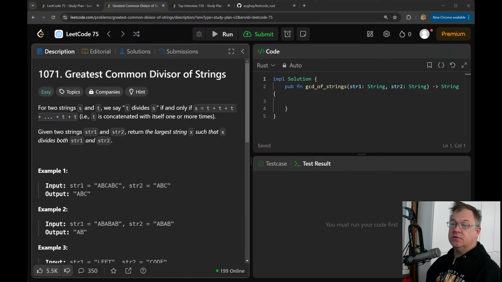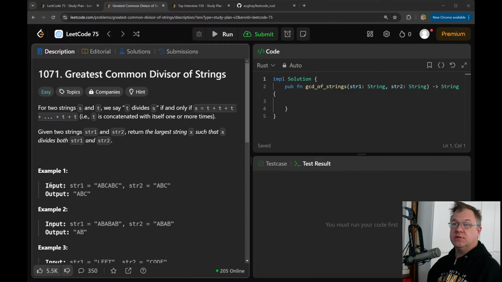Okay, assert equal ABC is going to be solve GCD strings 1071 of ABC, ABC, and ABC. Good.